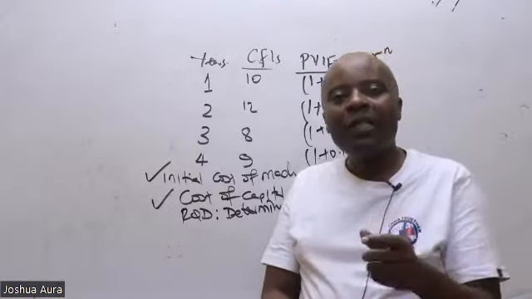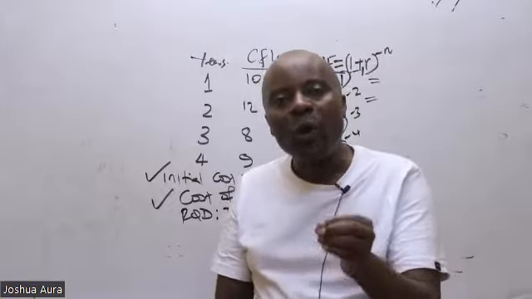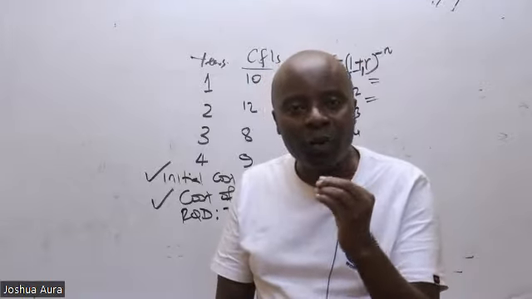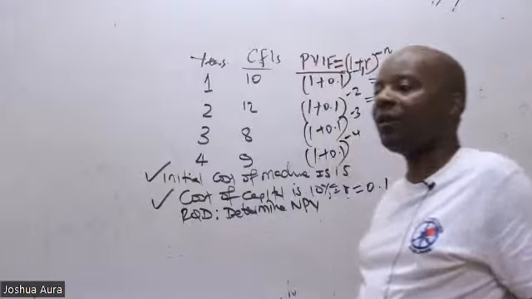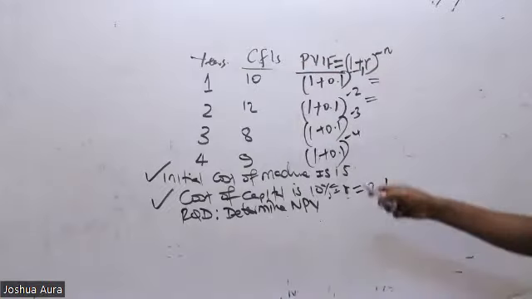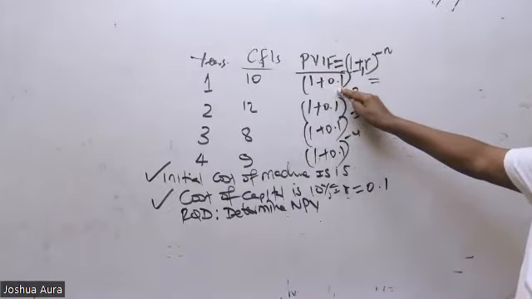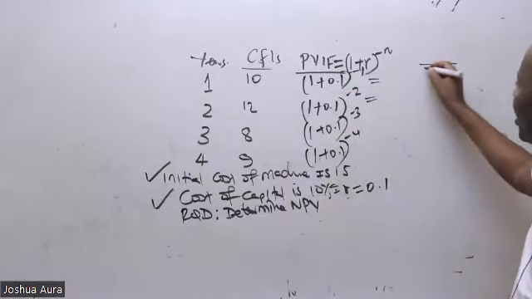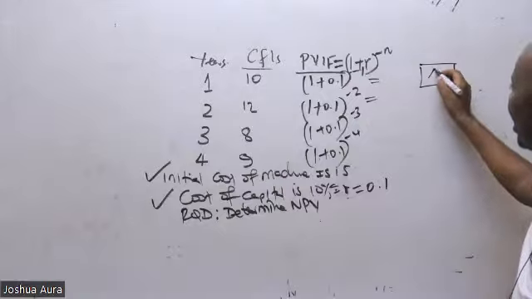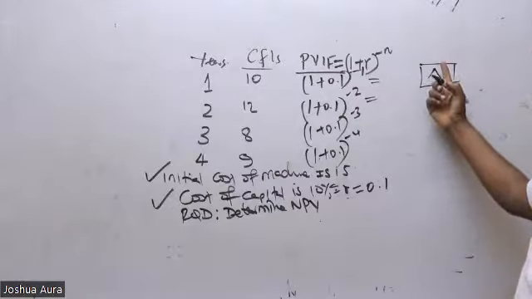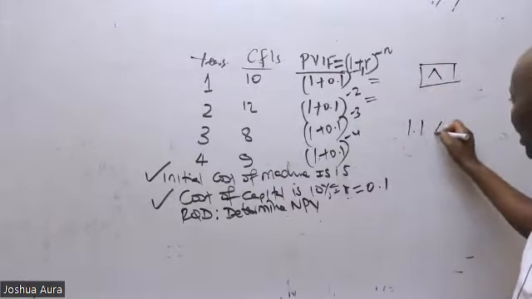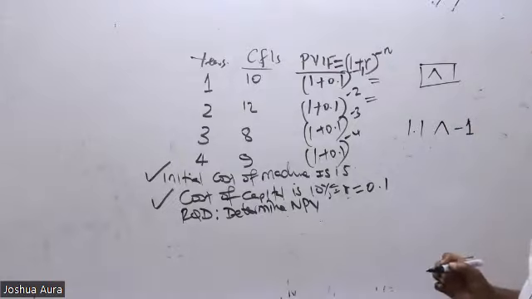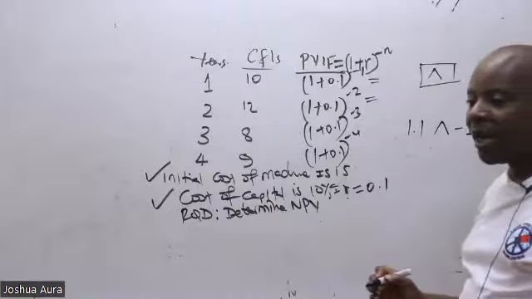But I know these are students who never took time to understand their formulas. How do these formulas work? So then, ladies and gentlemen, you see this is the same as 1.1. So using your calculators, you'll be able to see a sign like this, raised. So you say 1.1, this sign raised like that, minus 1, minus 1, minus 1, minus 1.